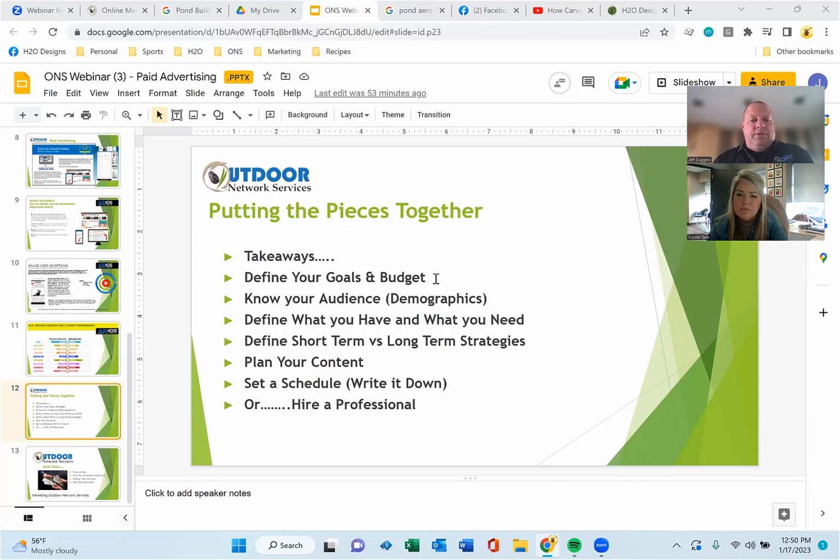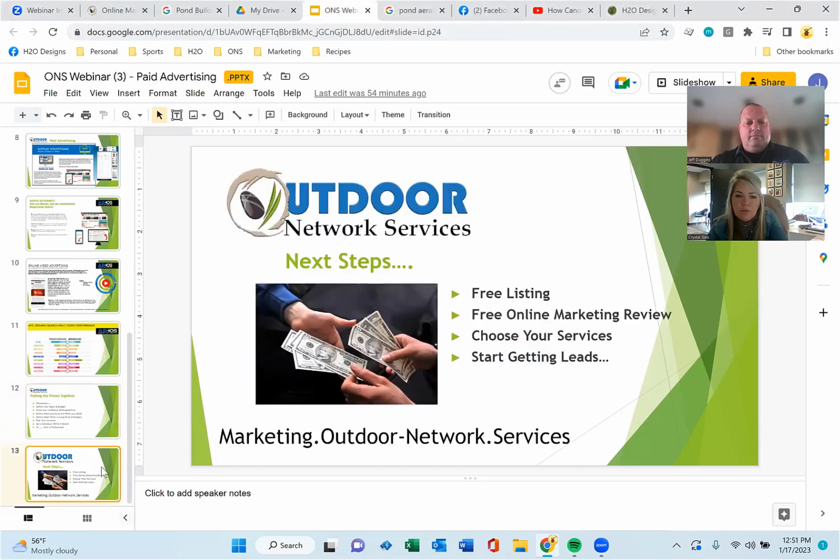Find what you have and what you need, define short-term, long-term strategy. Basically the same as what we do for everything from websites to social media, all the paid ads. Just know your numbers and know what you're going to spend. And if you educate yourself and or hire somebody professional like yourself, then you're not going to waste your money. Correct? Absolutely. Yep. Alrighty, those are some good takeaways. Anything else to add? Anyone has any questions or anything, feel free to reach out, and we'd love to help you.